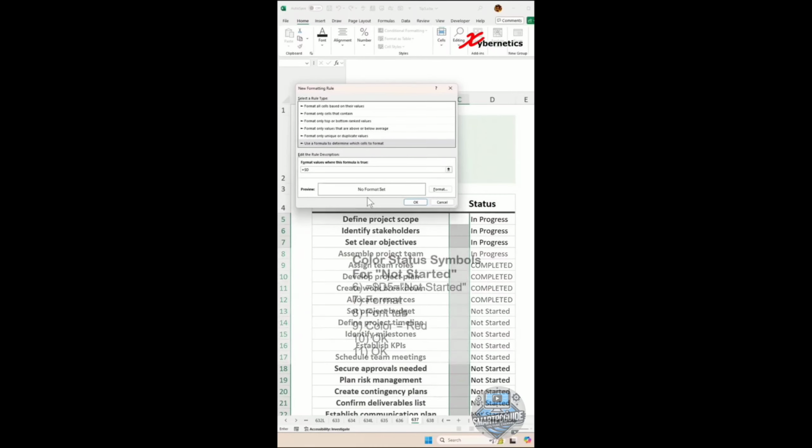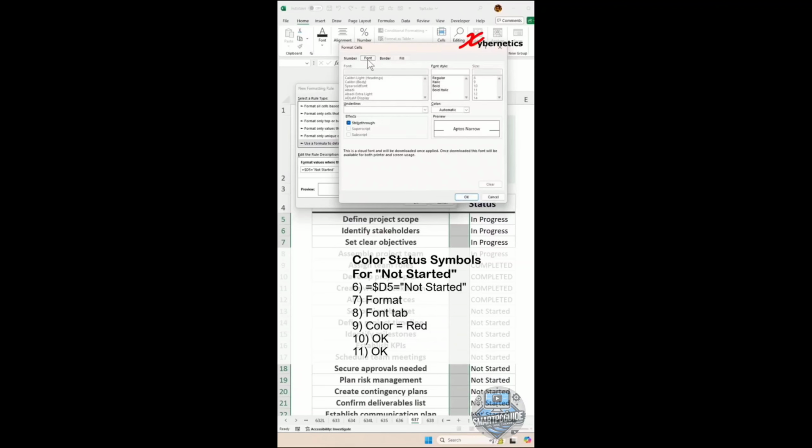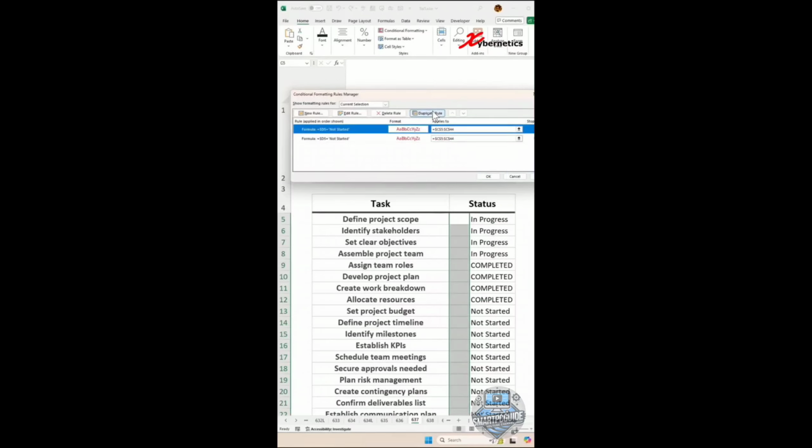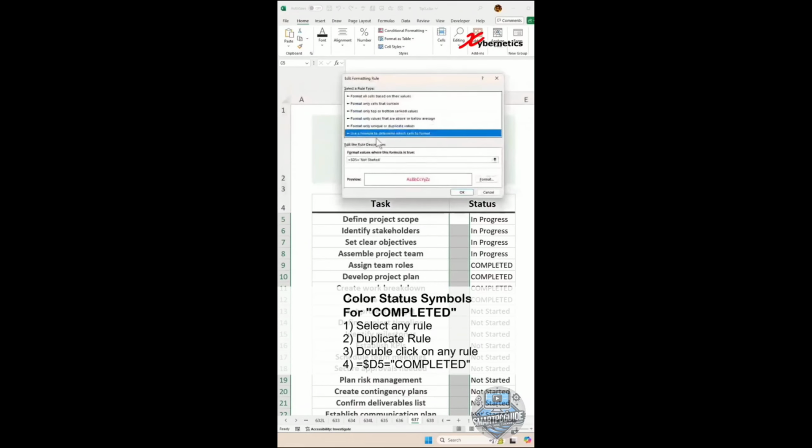We're going to look for the status in text D5 equal to, say, not started, like this. And if it's not started, we're going to show our symbol in red. Go format, go under font, you're going to change the color to red for not started and click on OK. Now select this thing and duplicate rule and double click on any of those rules there. And then over there, the next one we're going to start is, let's say, completed, because we got 3 selections